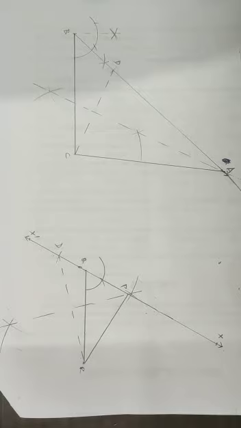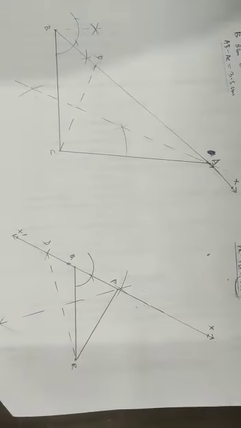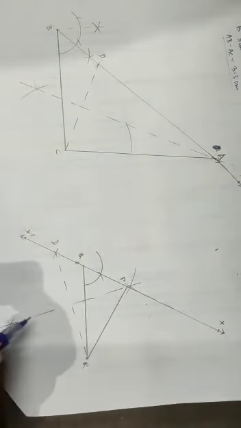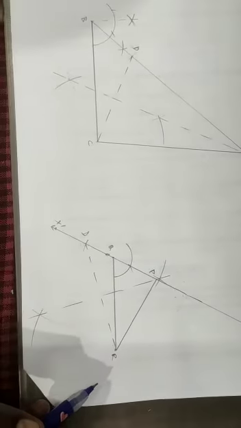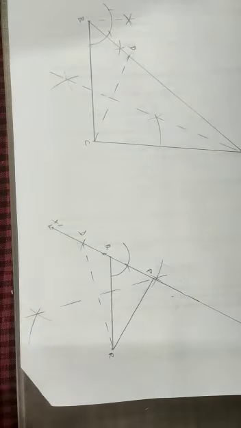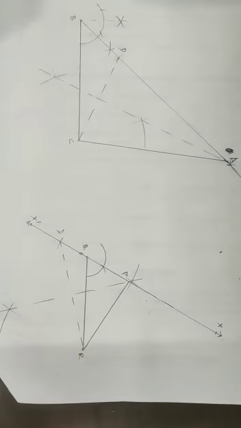And regarding the steps of construction, as I have explained for question number 1, similarly you can write the steps for question number 2 and question number 3. And the justification part also remains the same. Suppose, for example, I am explaining once again the justification part for the difference. Suppose in this case, why do we say that PR minus PQ is 2 centimeter? If you want to understand the justification part, you simply need to see here.